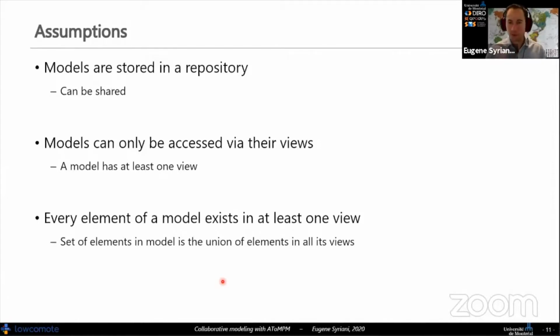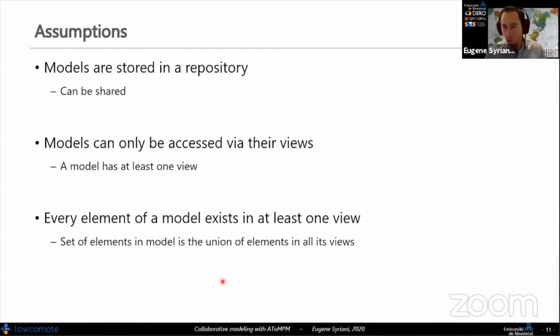So by default, there's a view. There's like a first view where I create my model, and then from that I can spin off other views, and then they create other elements that may or may not be part of the initial view. But at least there is one view for each model.